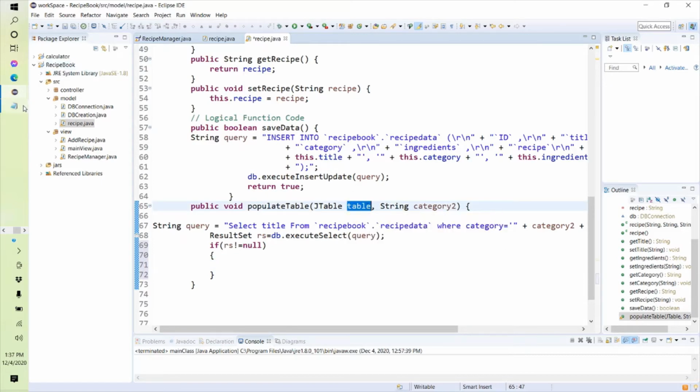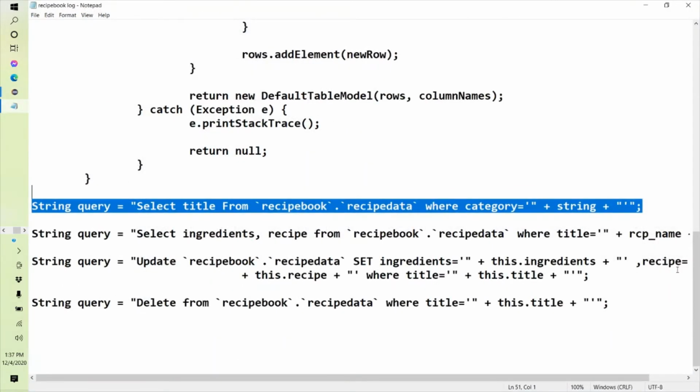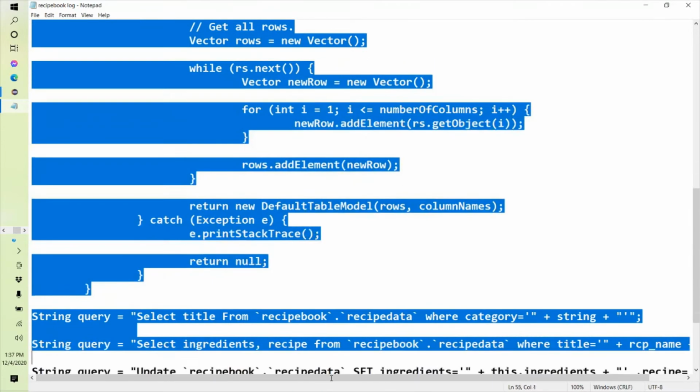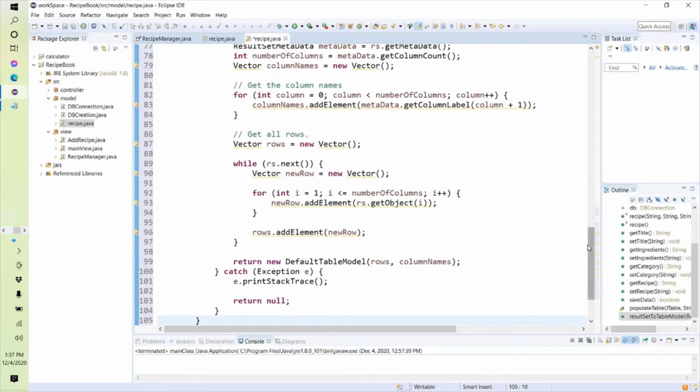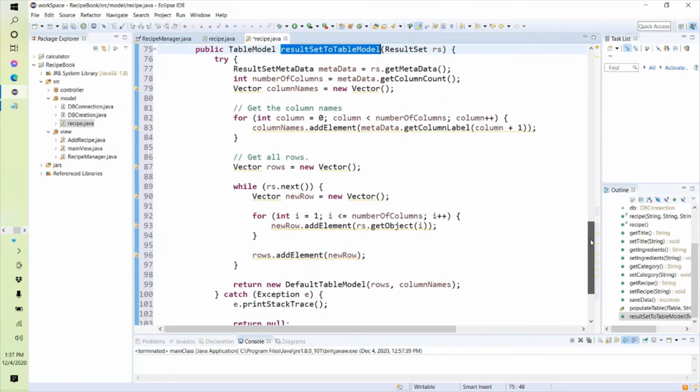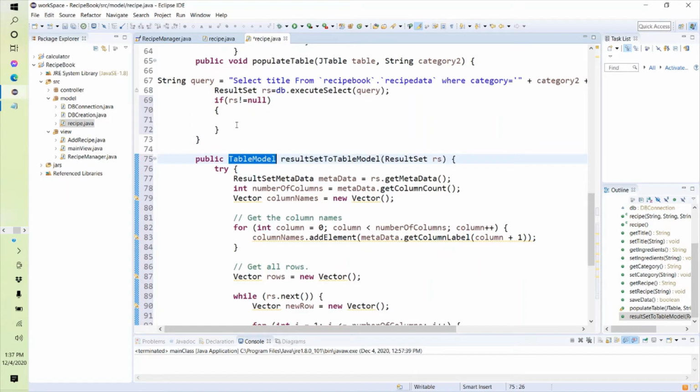So I have the function for populating the table right here. I have copied this particular function from a jar file. So here public table model. So what does this particular function do? It takes a result set rs and it populates a particular table with the help of that result set. It returns a table model and we can set our table models to this particular table model that is returned by this particular function. So this is the particular function. It is taking a result set rs, it's taking its columns and then the rows and then returning us a table model. We can use this table model to set the table model of our actual table, that is this.